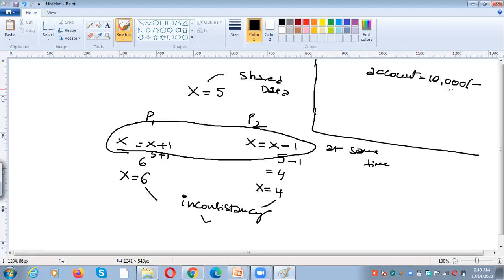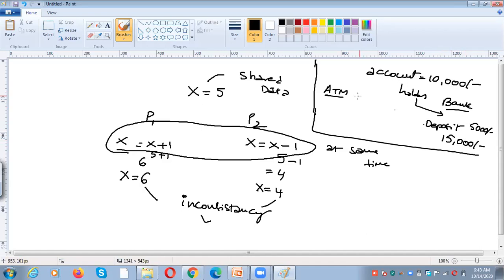From one ATM, you went to an ATM center, and another person from your family, an account holder, went to the bank and wants to deposit 5,000 rupees. Then what is the balance amount here? 10,000 plus 5,000 is 15,000.